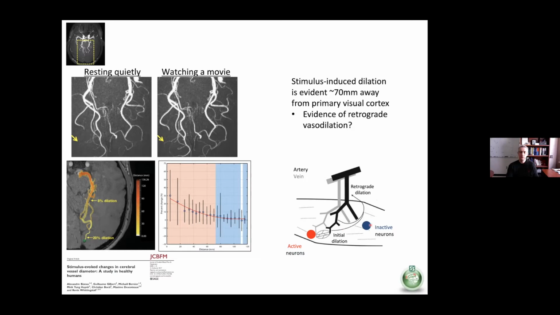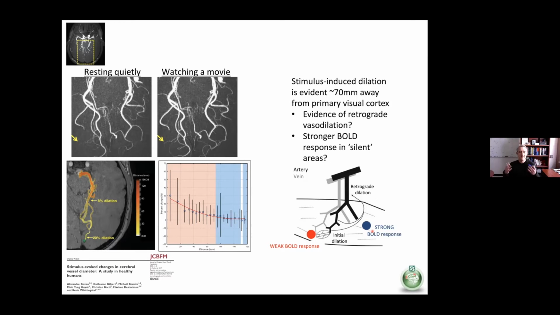You have two pools of neurons, in red the active neurons and in blue the inactive neurons. The neurons activate, vasodilate locally, and then there's retrograde vasodilation all the way up to the major feeding artery. The inactive arteries, of course, will not release these vasoactive signals. However, in the place where there's strong neural activity, there's going to be an increase in blood flow and an increase in metabolism. So that's going to give a BOLD response. But in the area that was not activated, there's no metabolism, but it's still going to have an increase in blood flow because of this retrograde vasodilation.